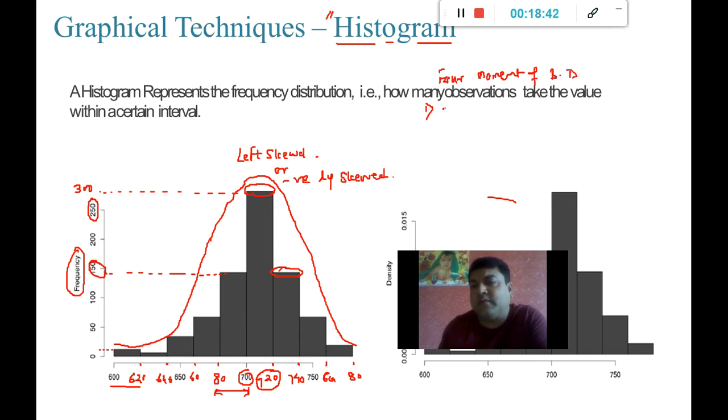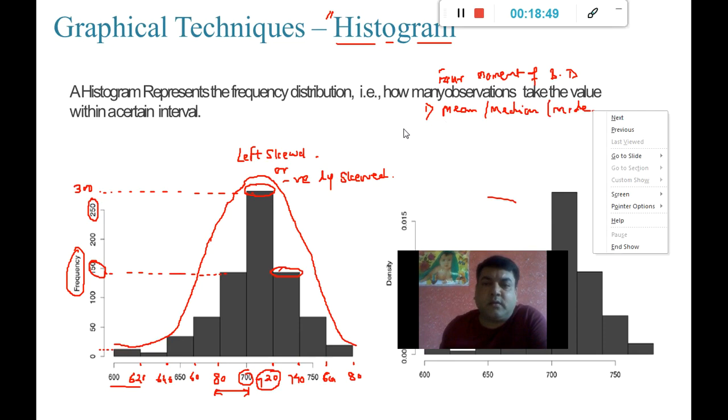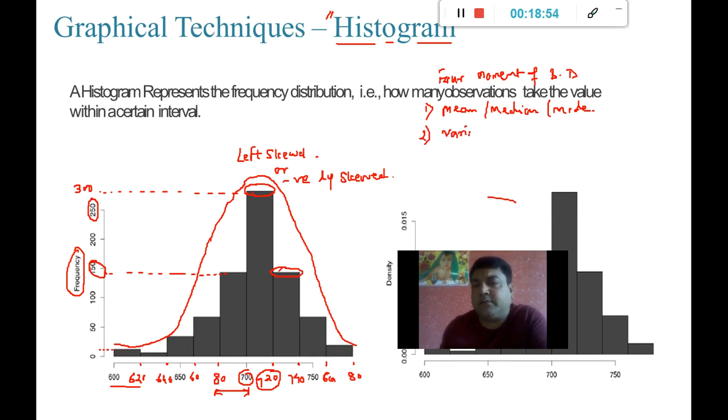So obviously we shall think about the mean, median, mode of the data, or we can also think about variance, standard deviation, or range, all of them or at least any one of them.